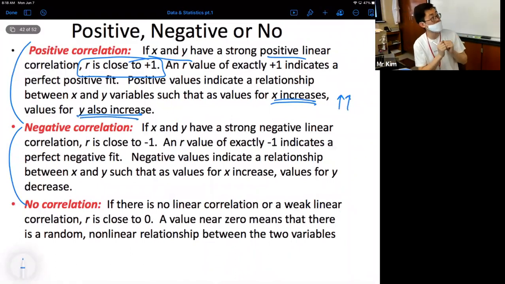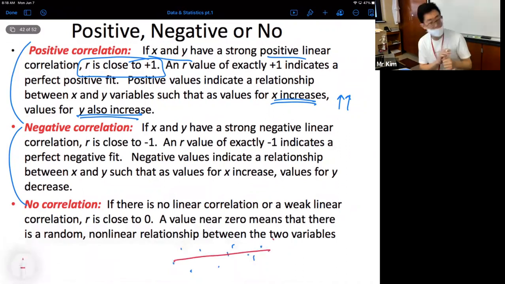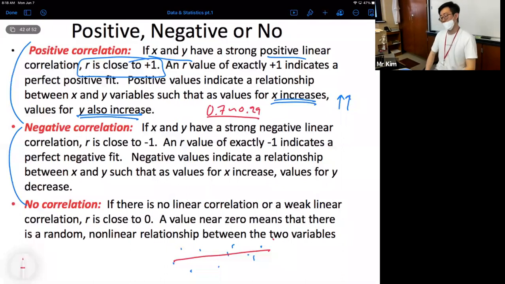One goes up, the other goes up, and it's very related to the line. The correlation is about how close those dots are. So you get these dots, and how close are they to the actual line of best fit? That is a measurement of R. As the dots get a lot closer to the line, we have a much stronger value for the positive correlation coefficient. But we generally want to say about 0.7 to 0.99. We say that it's a very strong relationship.